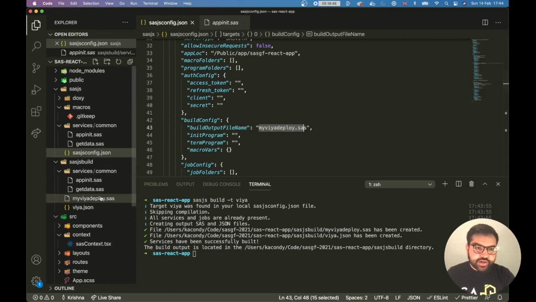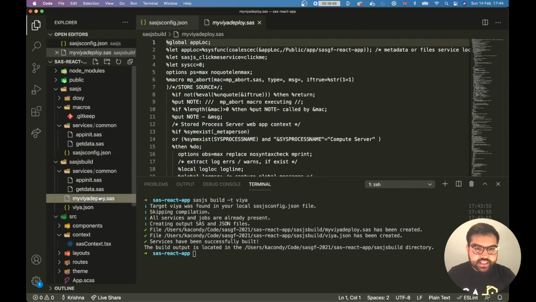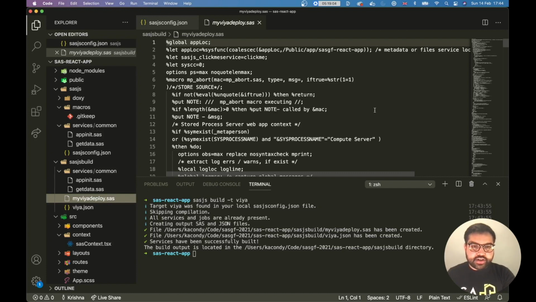And if we look here, that's the output file that's been created. So this is our entire set of services ready to deploy. If we weren't using sass.js, we could just copy this output and paste it onto SaaS Studio and run it, and it would create all of our services.